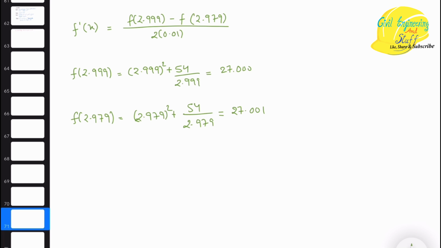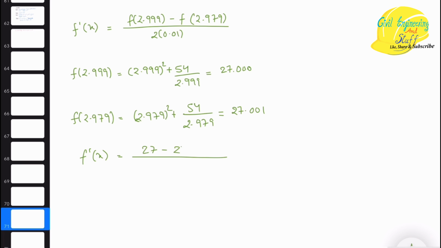Here it is 0 up to 3 decimal places, so that's why I haven't written it, right? And make sure that your calculator is fixed to 3 decimal places. We have always been doing questions up to 3 decimal places, so there's no need to tell you at this stage that we need our calculator fixed to 3 decimal places. All right, so let's put these values and see what is the value of f dash x.